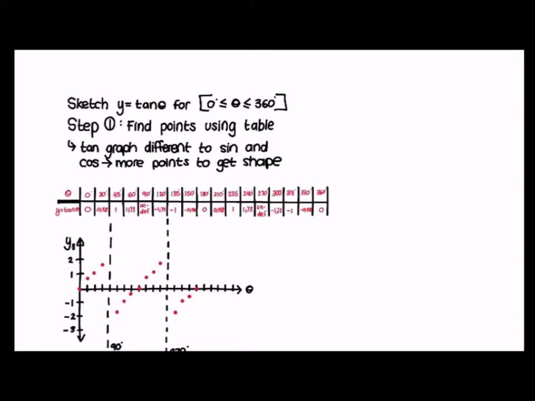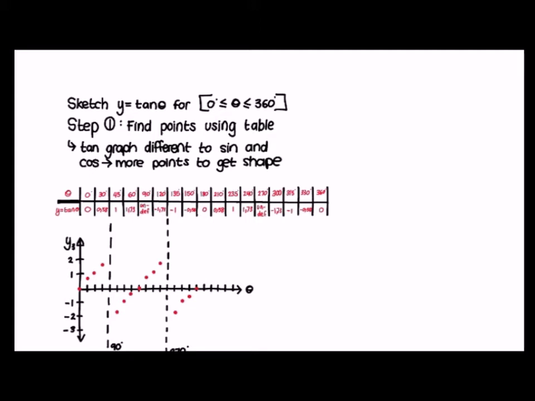So once again, the question looks very similar. The only thing is, the tan graph is a bit different to the sine and cos graphs, which is why in the table below you can see I've used quite a few more points than I would have used in the sine and cos graph, just to make sure we get the right shape. So I've plugged in a few values of theta into the y equals tan theta equation and filled in the table,